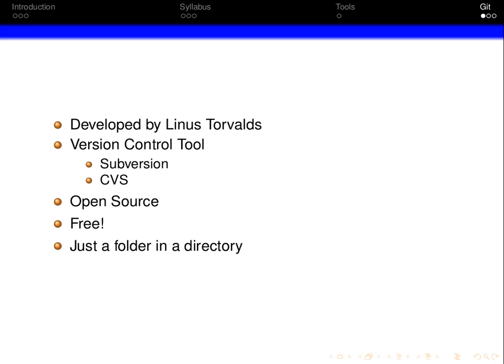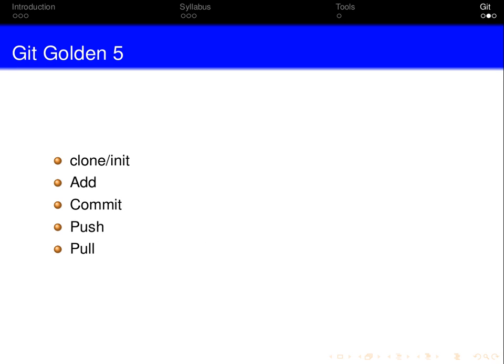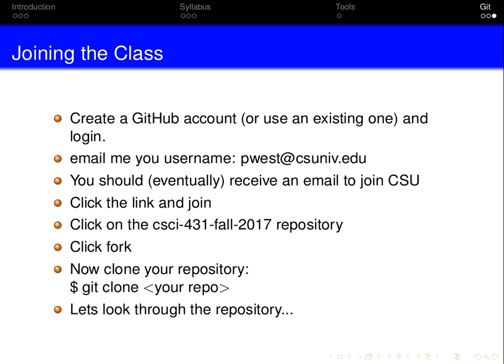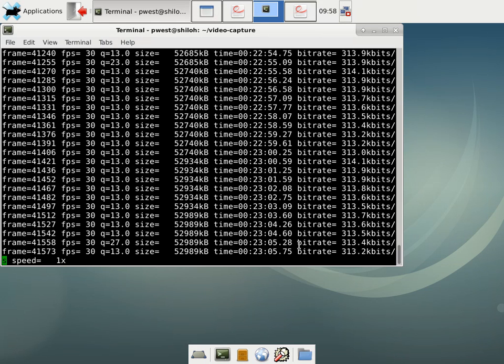Open source, it's free. It's the tool I've pretty much been using for a while. A lot of people use it. So you know about the Golden 5. All right, if you haven't done so already, create your GitHub account and then email me. Actually, since y'all are on GitHub, we'll go ahead and take care of this now. I'll just log on. We'll get everyone on GitHub so we won't have any problems later on. So let me go ahead and